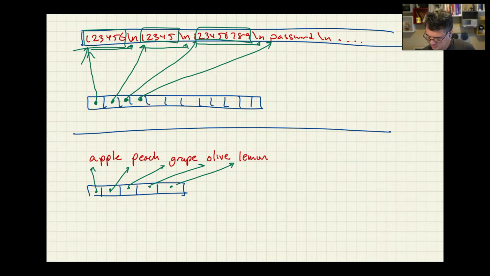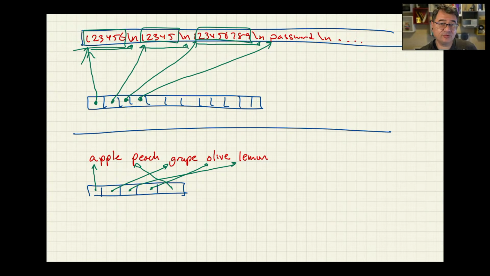But then, if I rearrange these pointers, now the pointers are going every which way. But if I look at each one of these in turn, they're pointing to these words in alphabetical order.